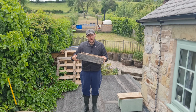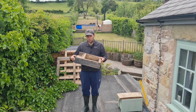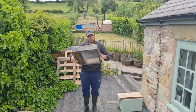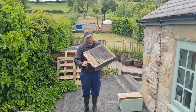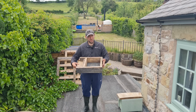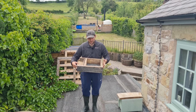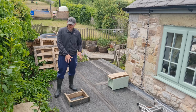So I've just got a simple underfloor entrance here, and underfloor entrances can be a little bit difficult when you're dealing with swarms because they can't work them out straight away. So all I'm going to do is I'm just going to turn it upside down. So that's the correct way round. I'm going to turn it upside down, and I'm going to get them in this way just until they're used to it and they know where the colony is and they've reorientated, then you can switch it around the other way. So I've placed my floor on the ground,